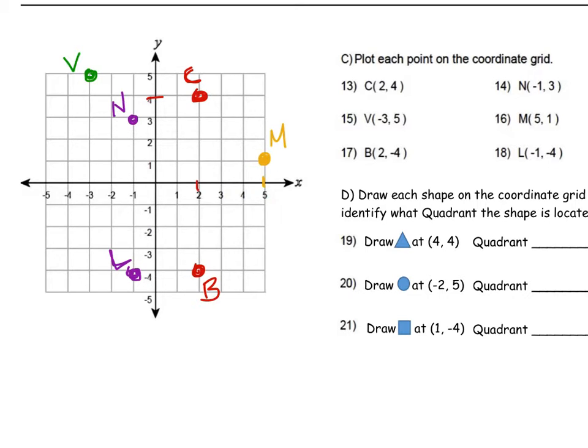Well, finally, then we got this. Draw a triangle at (4, 4). Right here. And what quadrant is this? This is quadrant 1. And then we got a circle at (-2, 5). A circle right here. And that right there is quadrant 2. What about (1, -4)? Right here. Circle. Oh, I did that. Hold on a second. I don't know what happened there. (1, -4). There it is. Bam, that's a perfect square. And that right there is in quadrant